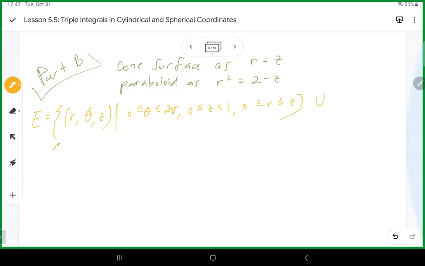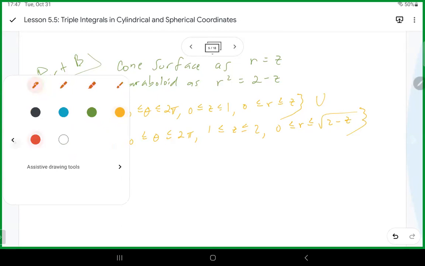And it's union with. All right, so now the integral for the volume would have to be a summation. So it's going to look like